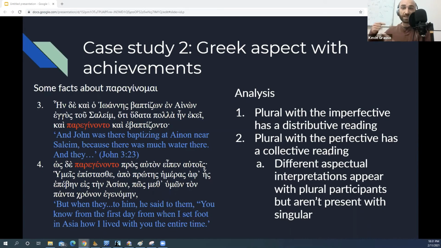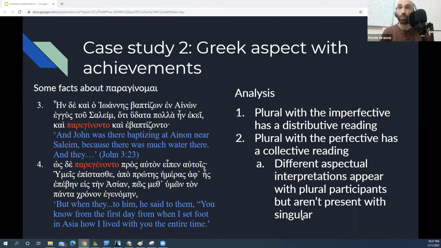And so the reason why the imperfect form is used is because you have a plural subject with plural events, right? Whereas in 4, hoste paragenonto, you have a group of people, plural still, but you have this sort of collective interpretation. They all come together in one coming event, and they arrive at Paul, and then he says to them,